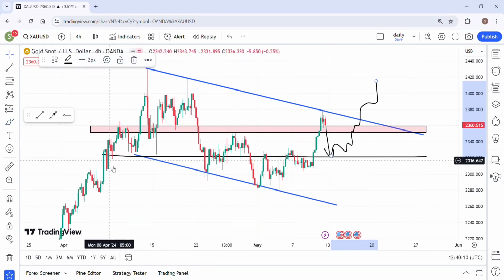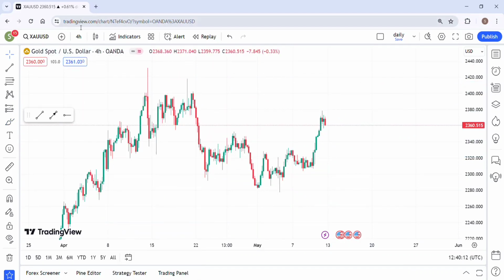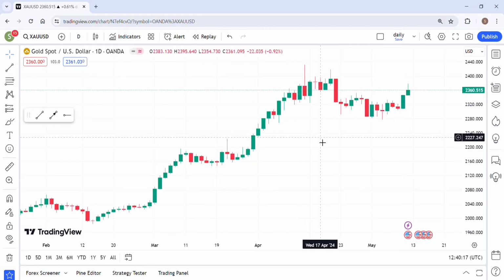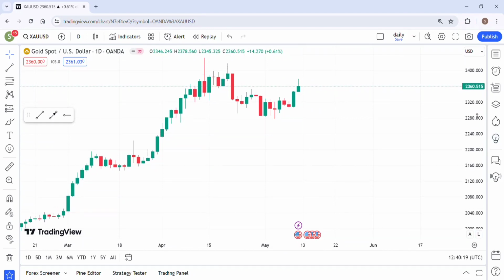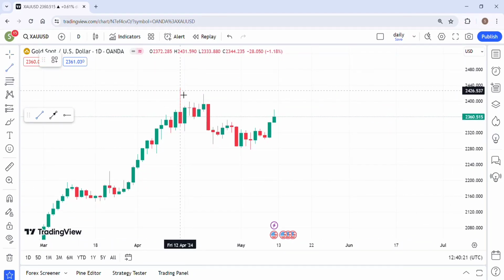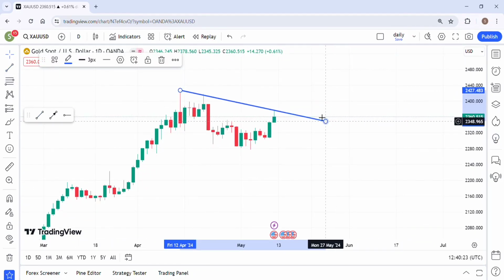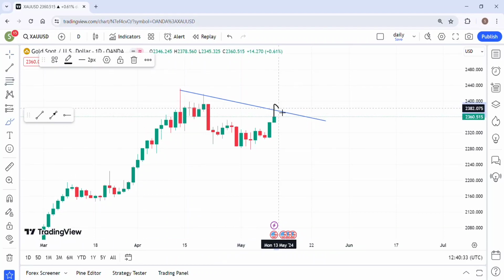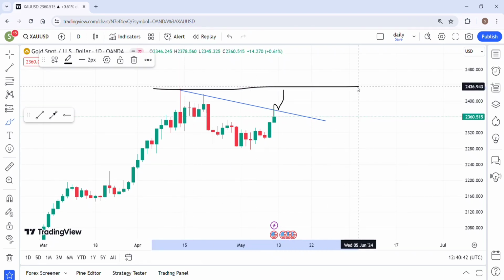If we move to the daily candle, let's take a look at the daily candle. Again, the same structure: the market just tested its all-time high trend line. This trend line, as you can see, is very important. To go more up, the market has to successfully break this area, which is an area of almost 2378. If the market breaks this area, then we are hoping for more buying, maybe a new all-time high.